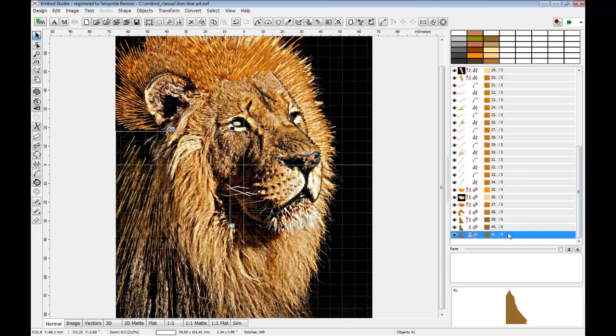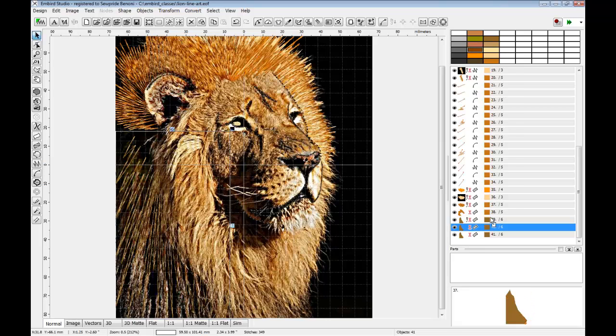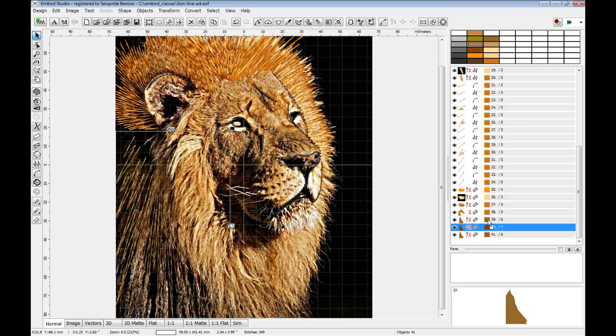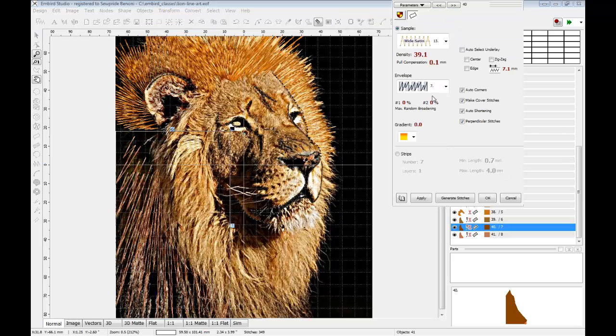I'm going to change those colors for number 40 and for number 41 to two different colors. Because they're exactly the same now, I need to change their parameters so that they give us a different parameter size setting there. So I'm going to leave that as is, stop that one, but I might go and change